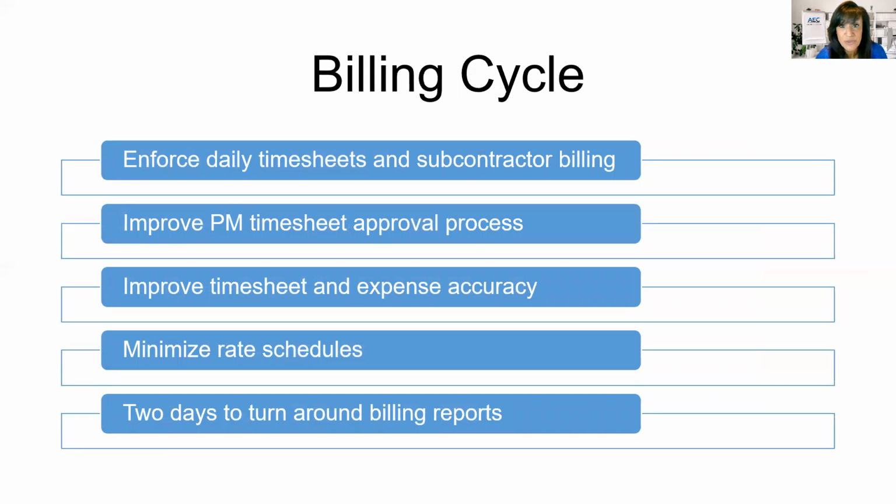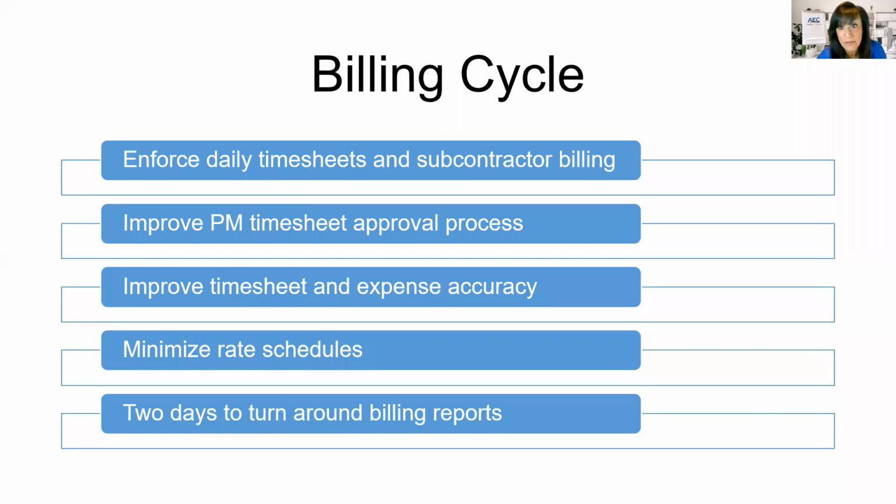So the second challenge we talked about was the billing cycle. First of all, the number one reason your billing gets held up is your timesheets. Every one of your employees should be entering their timesheets daily. This needs to be enforced across your organization. Expense reports also. Your timesheets and your expense reports need to be accurate. Think about all the time your accounting department spends at the end of every month trying to correct things, moving time around, putting things on hold, changing billing rates, moving time from one phase to another.